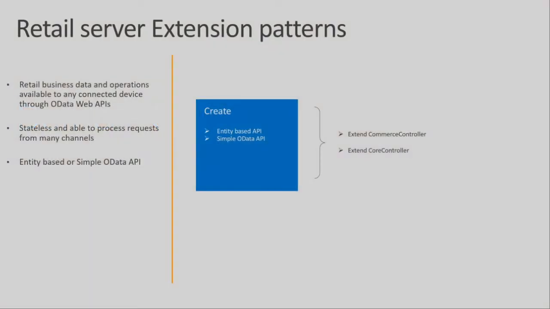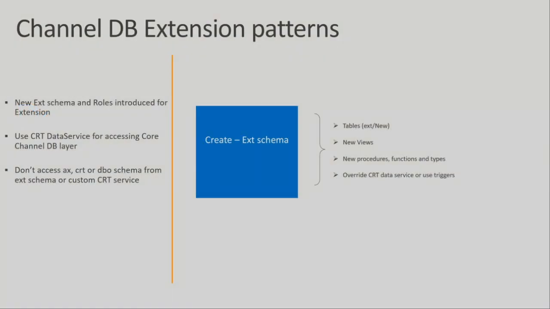I think the retail server, again, has two patterns. Either you can create an entity and then return the result, or just do something and return a simple result also. So the store hours is kind of returning an entity, or in some cases you just want to say, I just want to return a decimal value, I don't want an entity. It supports both kinds of API. For that also, in the SDK, there is a sample which shows you how to do that extension. Either you can do a simple OData API or an entity-based API also. So depending on your scenario, you can choose it. If you check the retail SDK, the store hours in retail server is entity based. There is one more sample called cross loyalty, which just returns a simple discount value scenario. Okay, so we saw the demo for retail server.